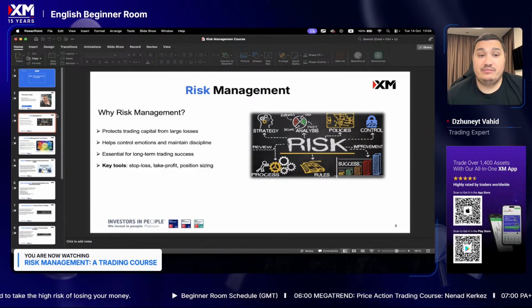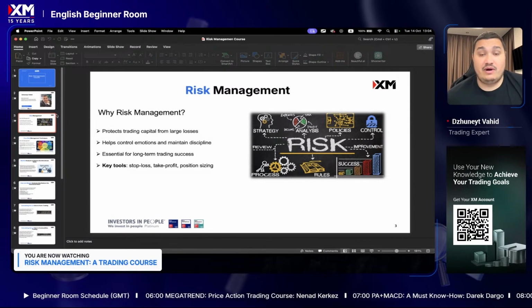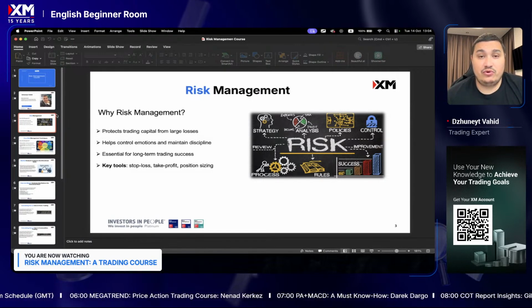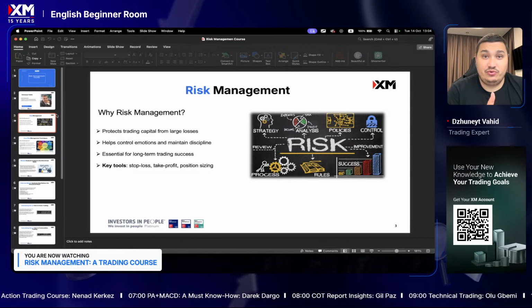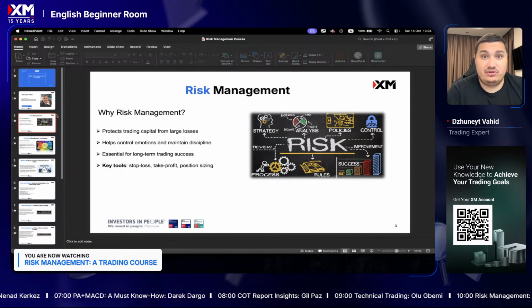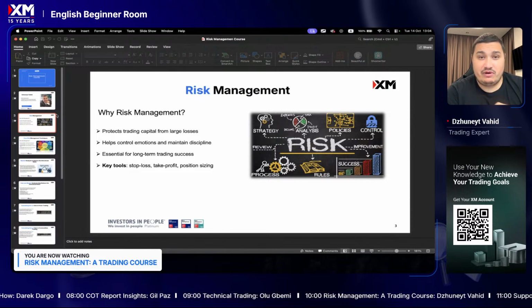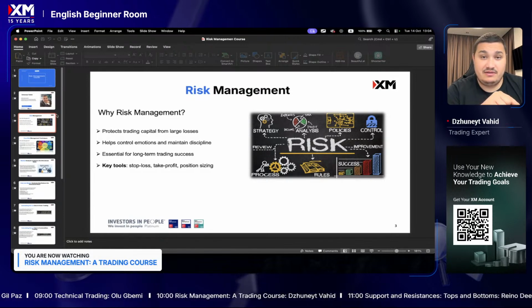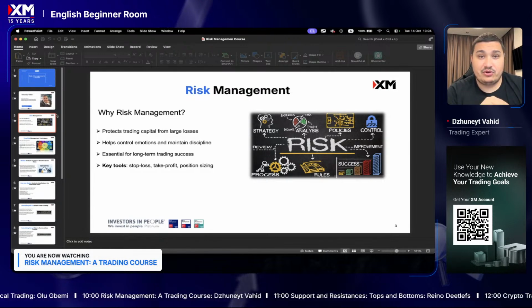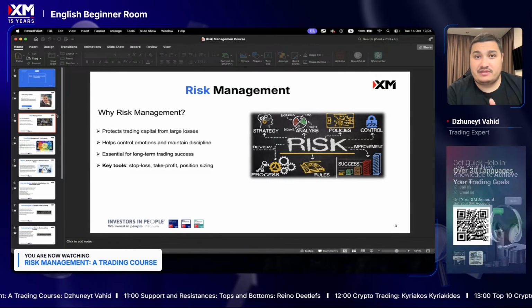So risk management helps you to control your emotions and maintain discipline. How? You are controlling your emotions thanks to the rules and the information from the job you did before. Like an analyst, you analyze and generate a trade idea from your analysis, which is direction control, which is reducing the risk from direction risk in the market.